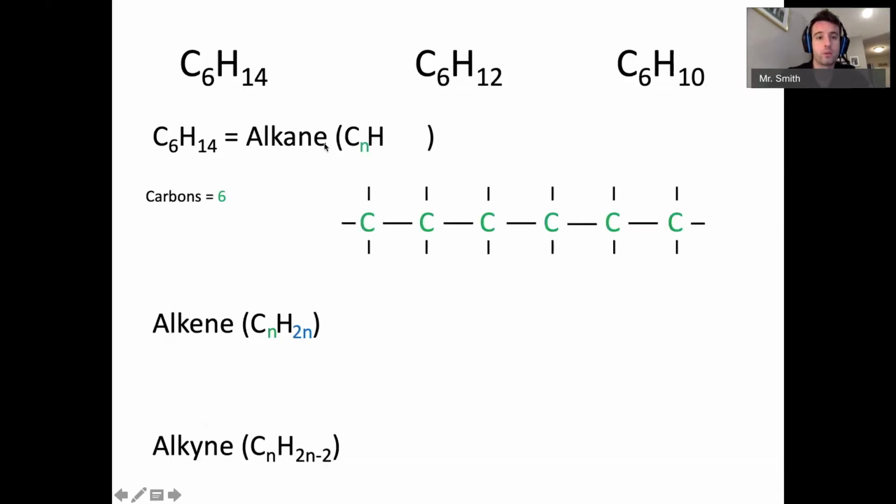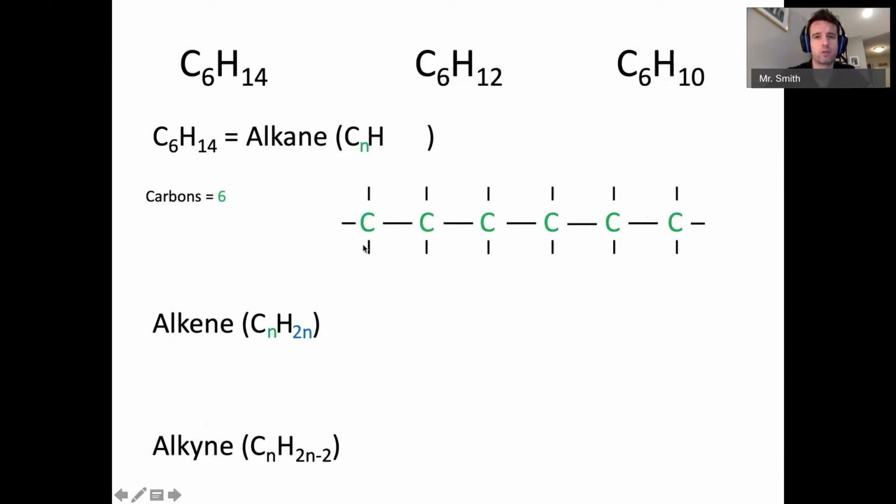So here's the deal. This is what it looks like when you have six carbons. Every single carbon is going to have four bonds coming off of it. So if you're a carbon in the middle here, two of your bonds are going to be to two other carbons. That's true for every carbon except for the outermost, the carbon over here and the carbon over here. They only have one bond to a carbon, so the other three bonds have to be taken up by